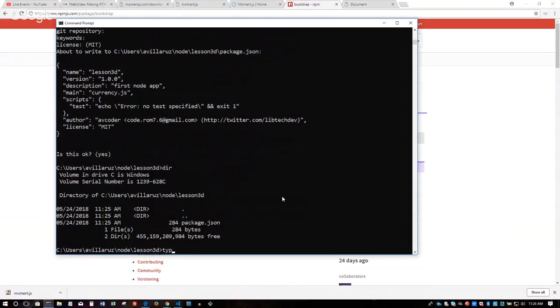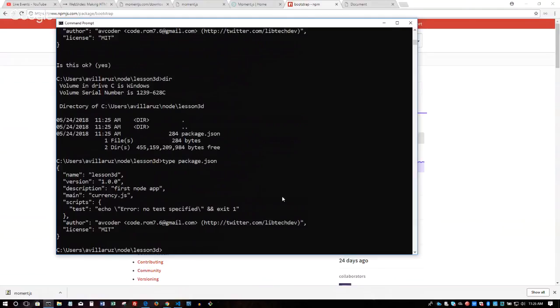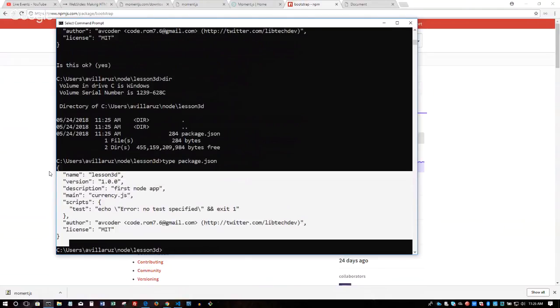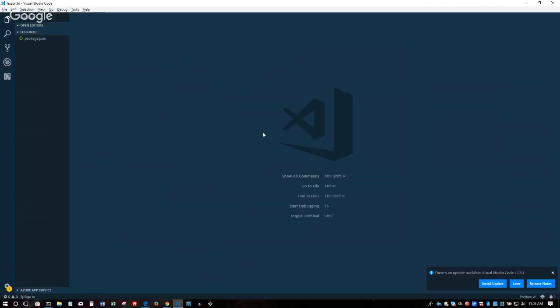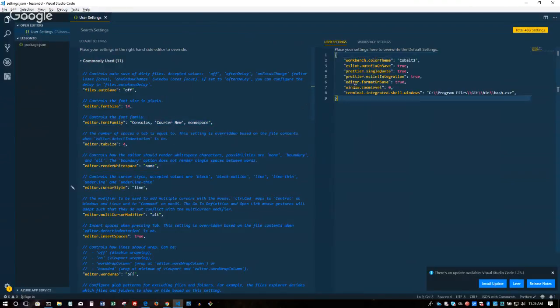By the way, when you look at package.json, what kind of data is this? What kind of format does this remind you of? JSON. Yeah, JSON. And you might notice more and more that a lot of configuration files are in JSON. For example, even in Visual Studio Code, if I go to my settings, open user settings, all this is JSON.